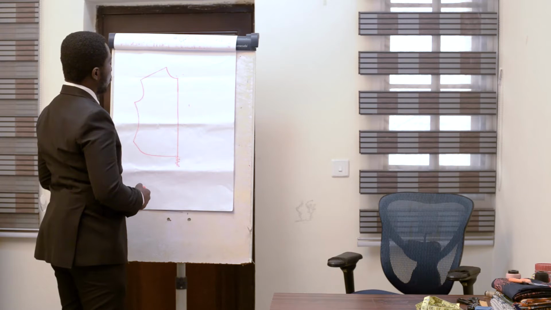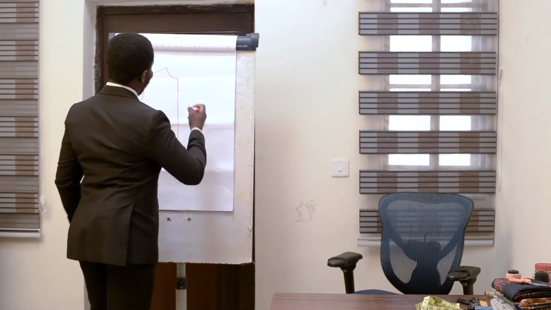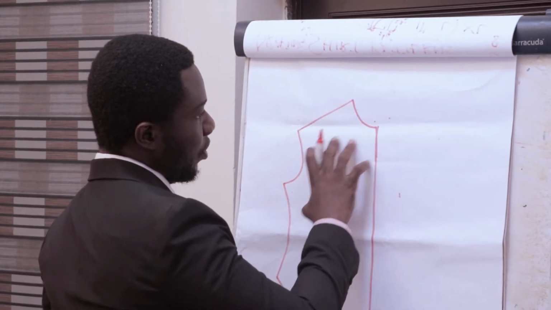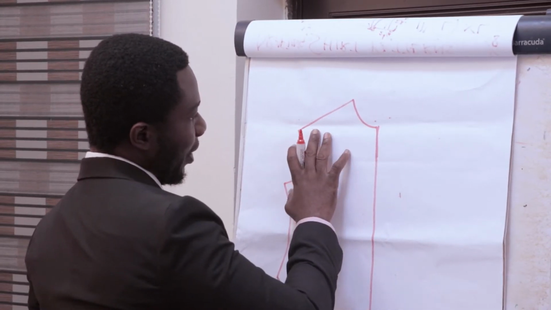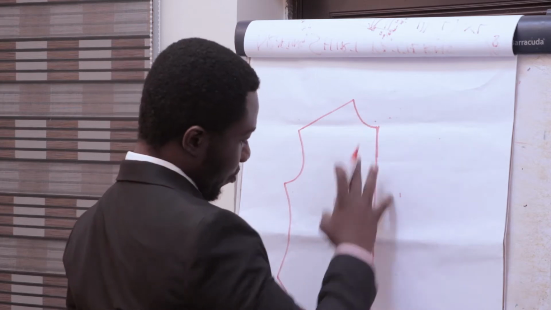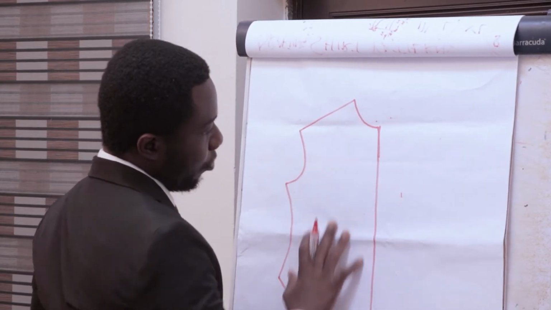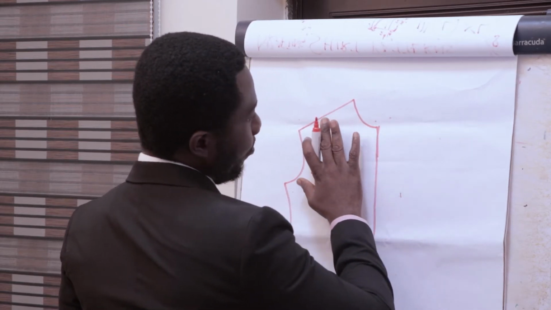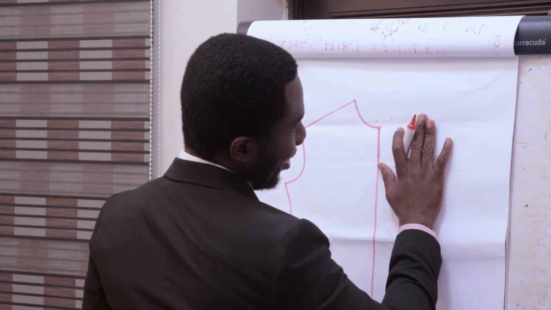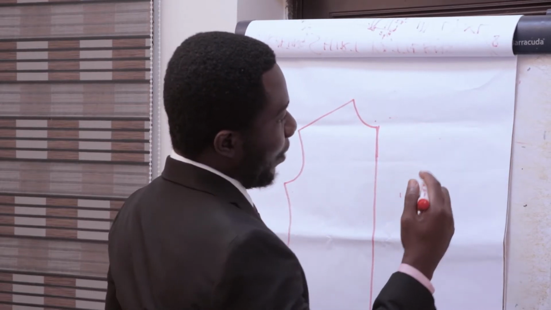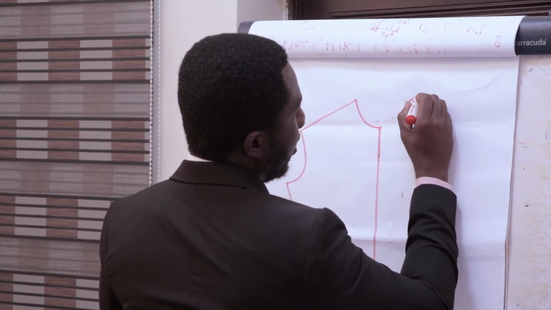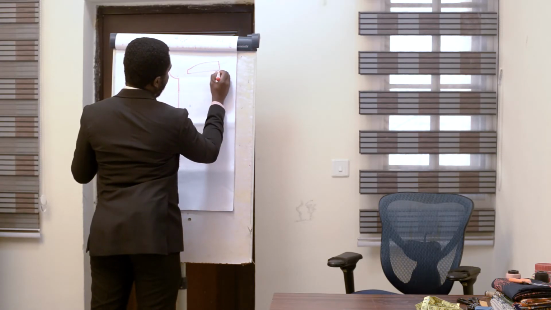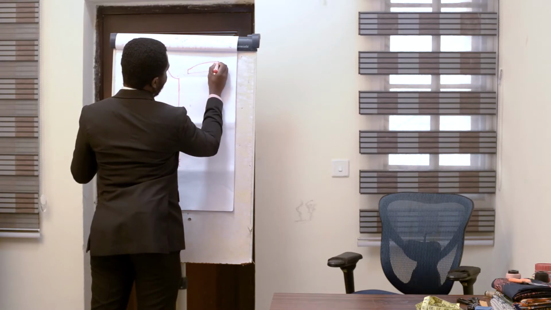So you can also use a bit of patterns at the back, but your pattern won't be a full pattern anymore when you need to create the back. With this pattern that you've created, once you cut out the chest block for a shirt, when you are cutting the back, you put the chest block you already cut on the back, and then take a pattern that looks somewhat like this. This is how the shoulder pattern for the back of a shirt looks like. So it's basically to give you a curve,